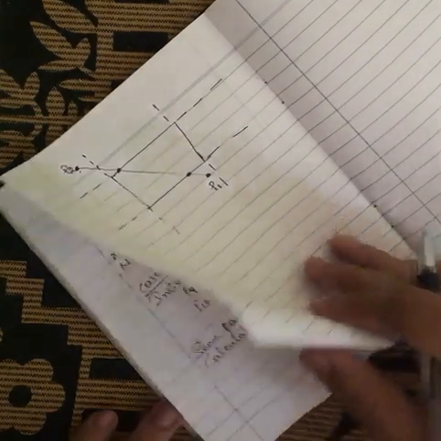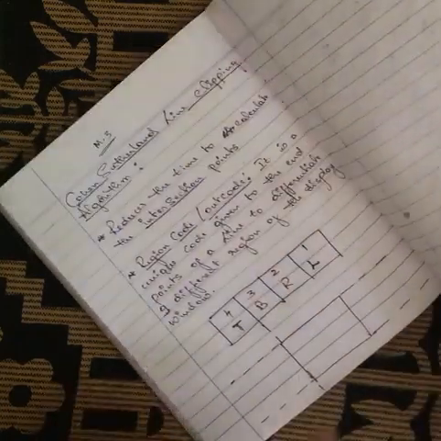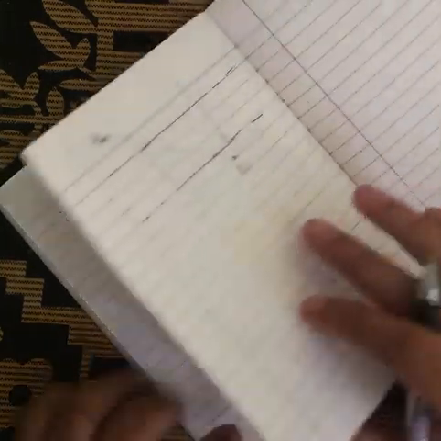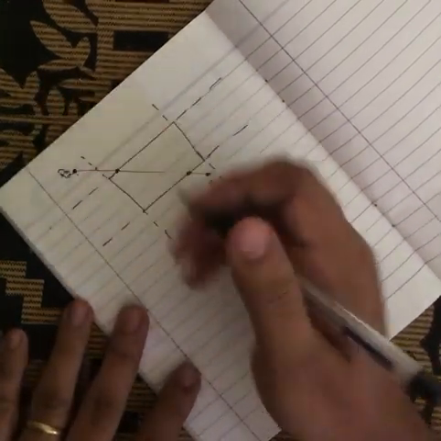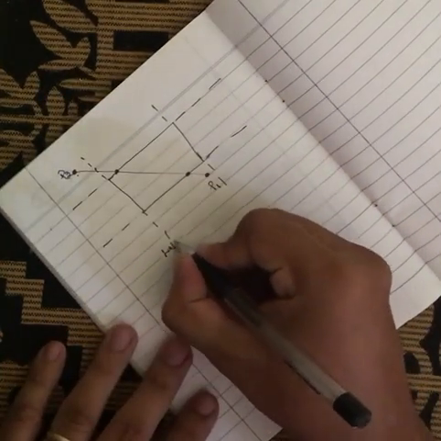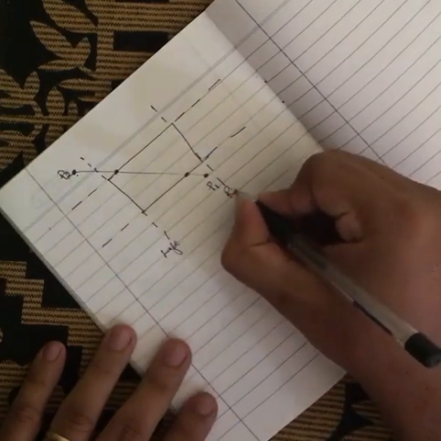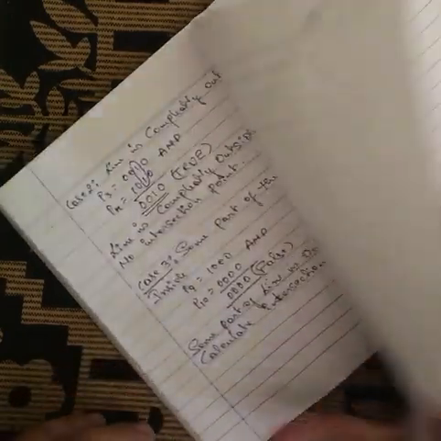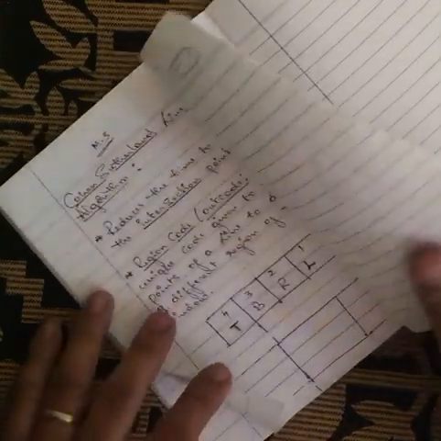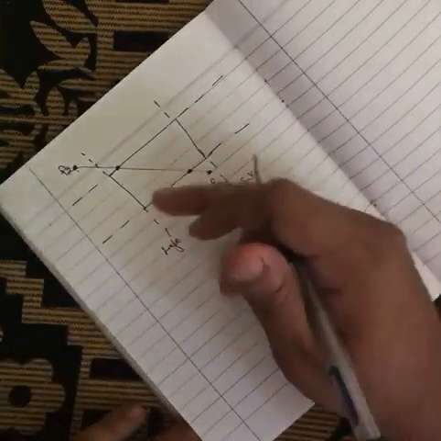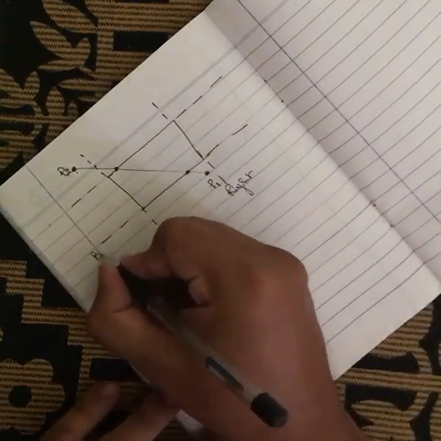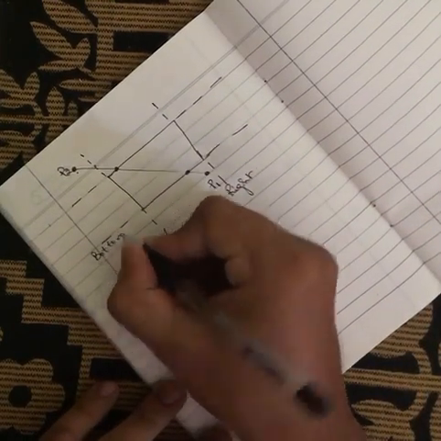So first of all, we have to come in this order. Which order? Left, right, bottom and top. Now we have to check, this part is the left and this part is the right. Left, right, bottom, top: this part is left, right, and this is bottom and this is top.